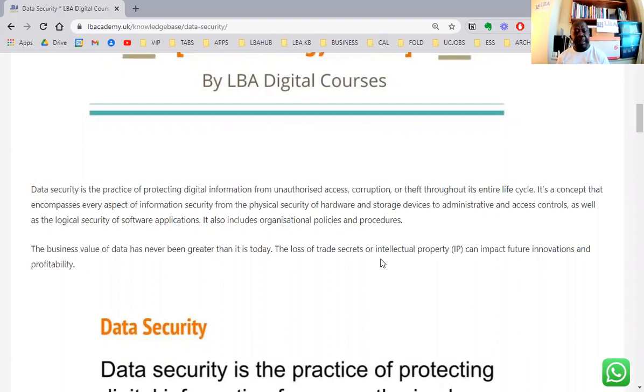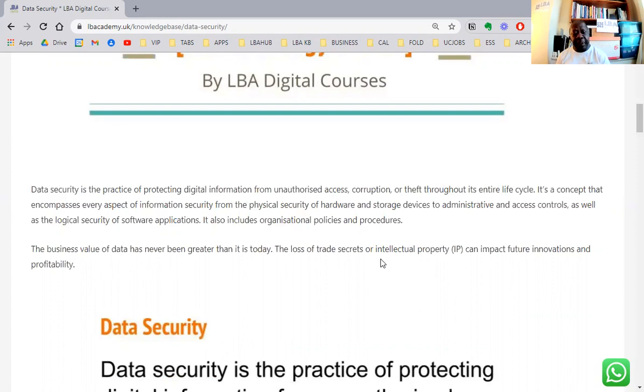It's a concept that encompasses every aspect of information security, from the physical security of hardware and storage devices to administrative and access controls, as well as the logical security of software applications. It also includes organizational policies and procedures.